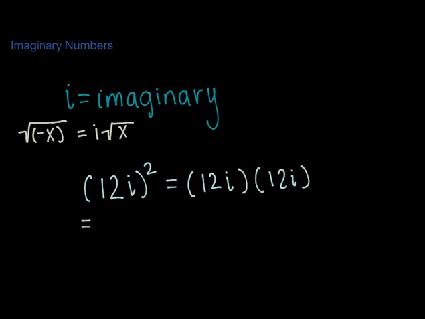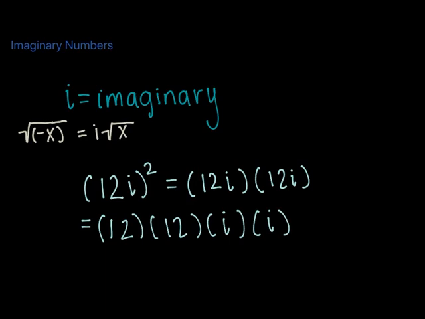We can also write this as 12 times 12 times I times I. And that would equal 144